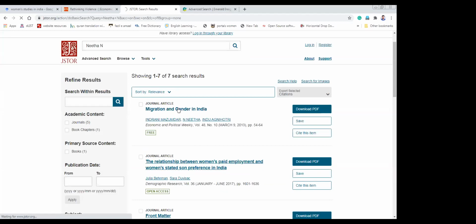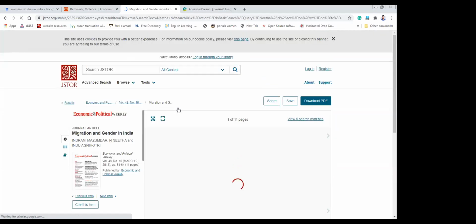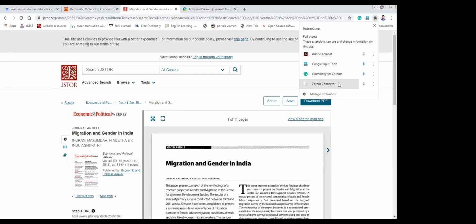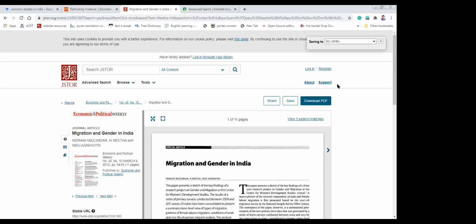It has appeared in JSTOR, and after reaching that particular EPW article, I go to the Zotero Connector, and then this will also be added to my Zotero references, Zotero collection. So these are the three ways how you can build up a Zotero collection.